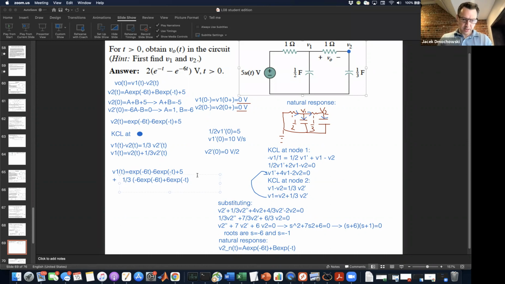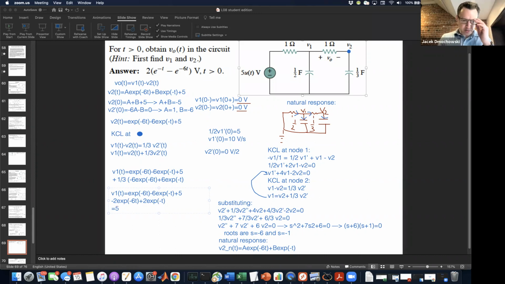So I have that V1 of t is equal to exponential negative 6t minus 6 exponential minus t plus 5, minus 2 exponential negative 6t plus 2 exponential negative t, which equals, sticking the 5 out front,